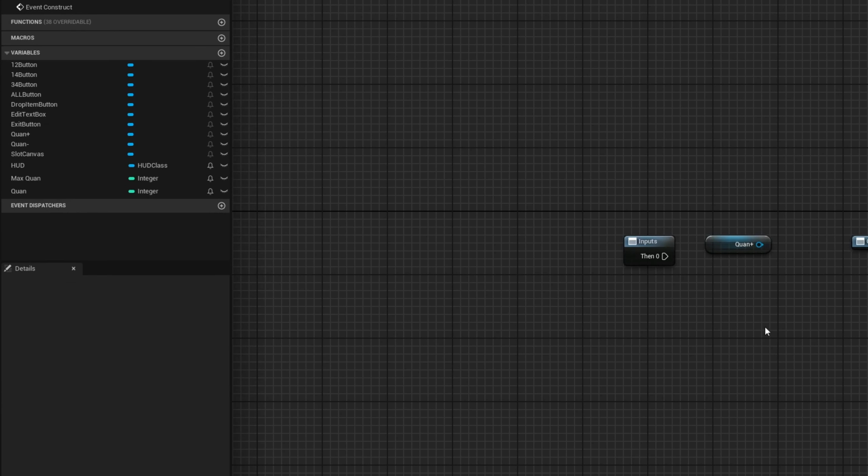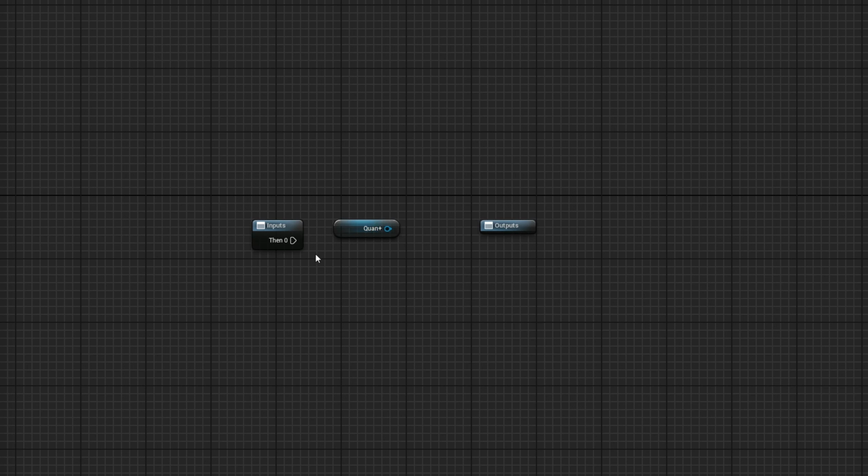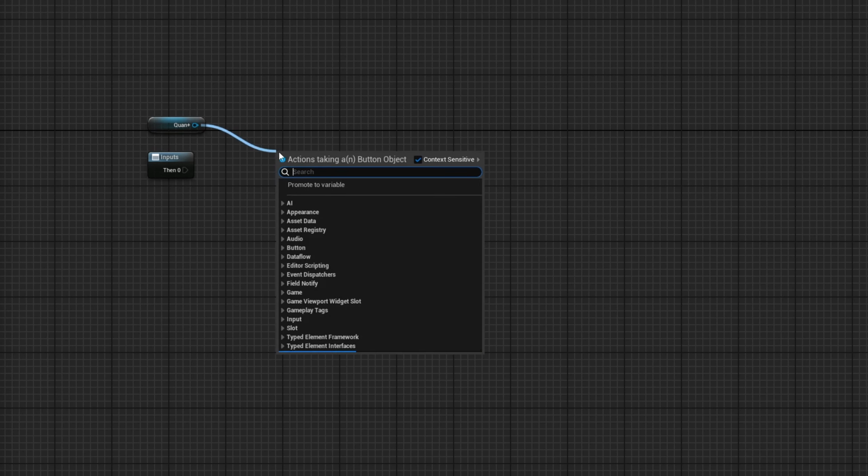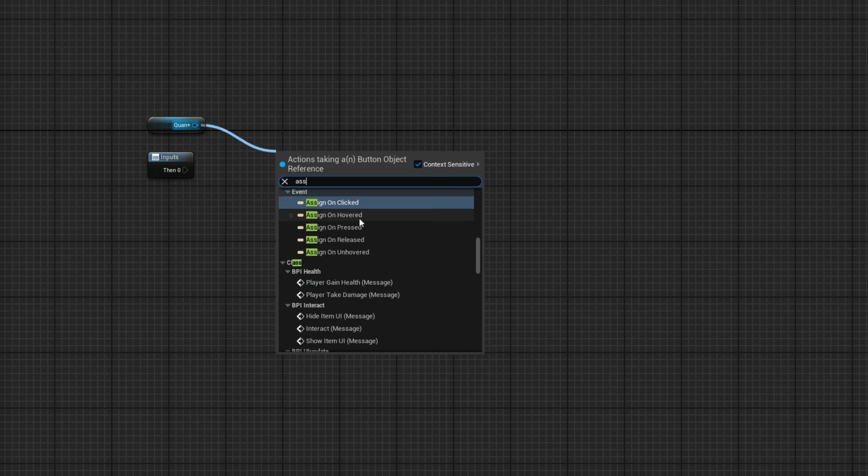Let's go into quan plus. This is where we're going to do most of our work, and then the rest is just basically plugging and playing and fixing stuff. All right, let's move output way over here. We do need to plug into that at the end. The first thing we'll do is the unhovered and hovered thing, and then we never have to deal with that again. So we'll do assign on hovered,